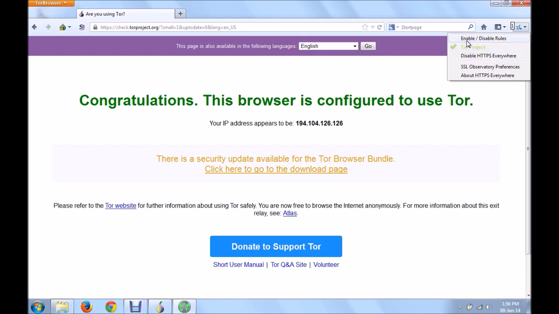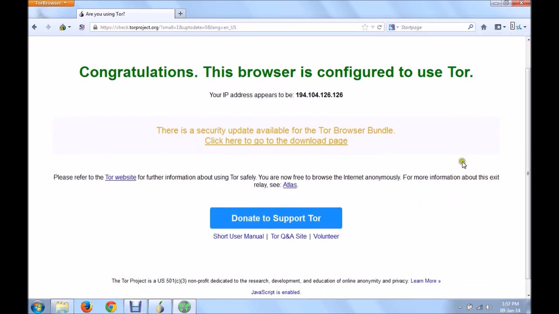Enable disable rules are nothing but some sites have set some rules for their connections. You can disable them and you can enable them from this side. So even though you are blacklisted at that site, you could be able to download, or you could be able to serve that site too. In case of some surveys, you could be facing some problems while downloading something. They always ask you for some surveys. So at that time you can use this Tor browser so that it allows you to block that survey, and the downloadable file will be available to you very immediately.